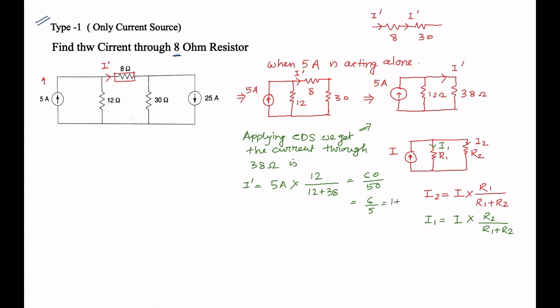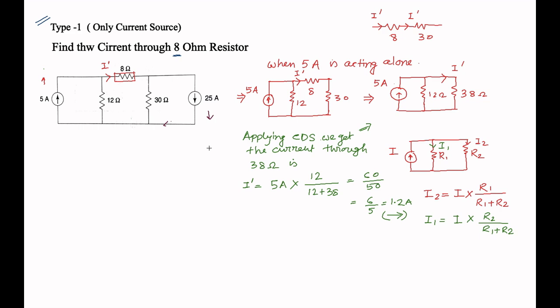That is the 1.2 ampere, and we have to give this arrow in this direction. That means the current is flowing from left to right. Now, for this 8 ohm resistance, if only the 5 ampere current source is there, then the current flowing through the 8 ohm resistance is 1.2 ampere. Now considering this 25 ampere current source, if the direction of the current source is in this direction,